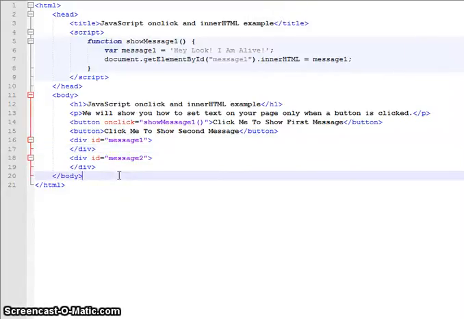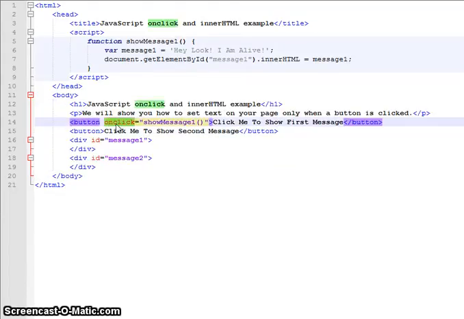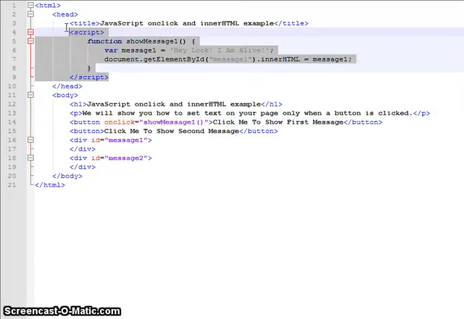In this live coding video, I'm going to show you how to program button on-click events. You'll see here down in my HTML, in between my body tags, I have a button with an on-click event, and that on-click event is calling a JavaScript function called showMessage1. Up here in my script tags, which is telling the page that this is JavaScript, I have a function